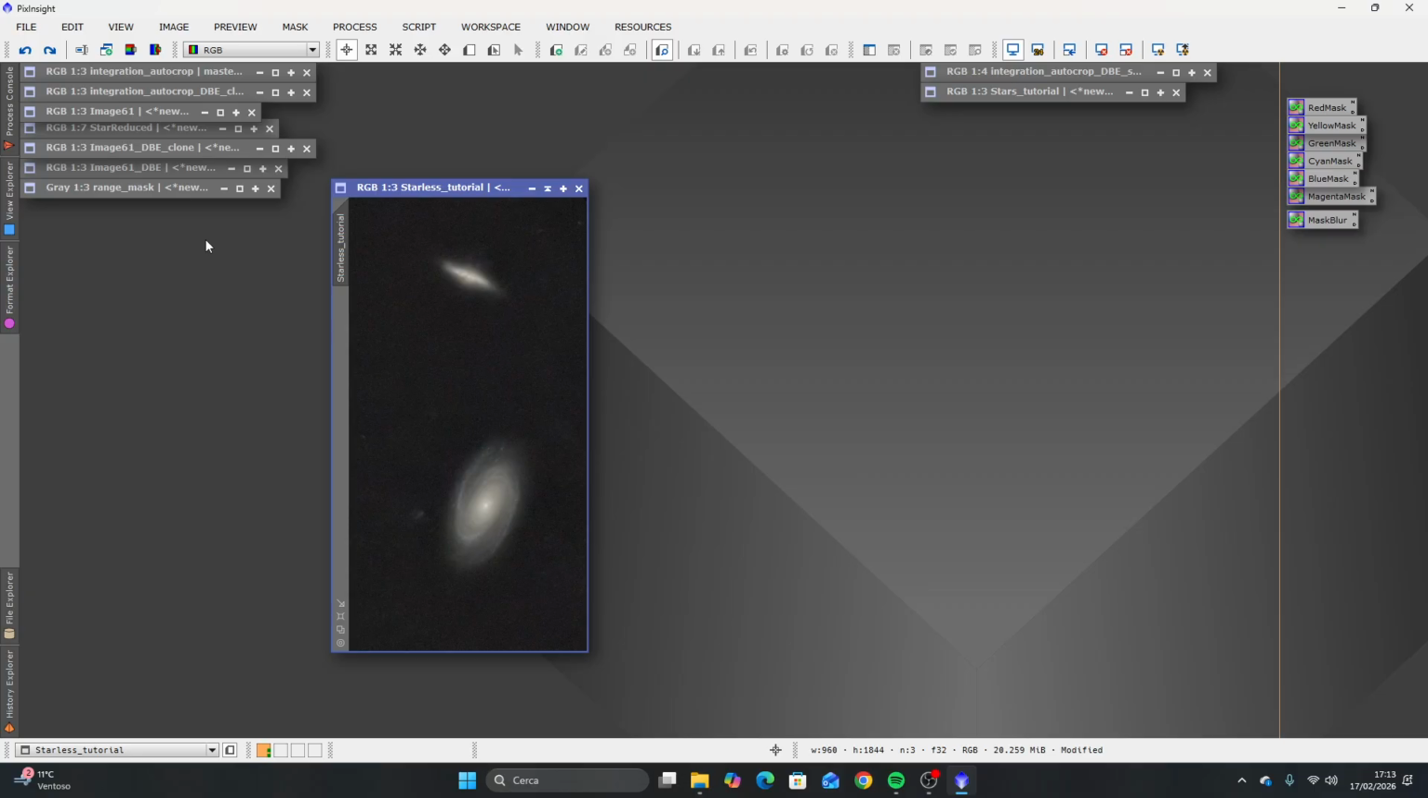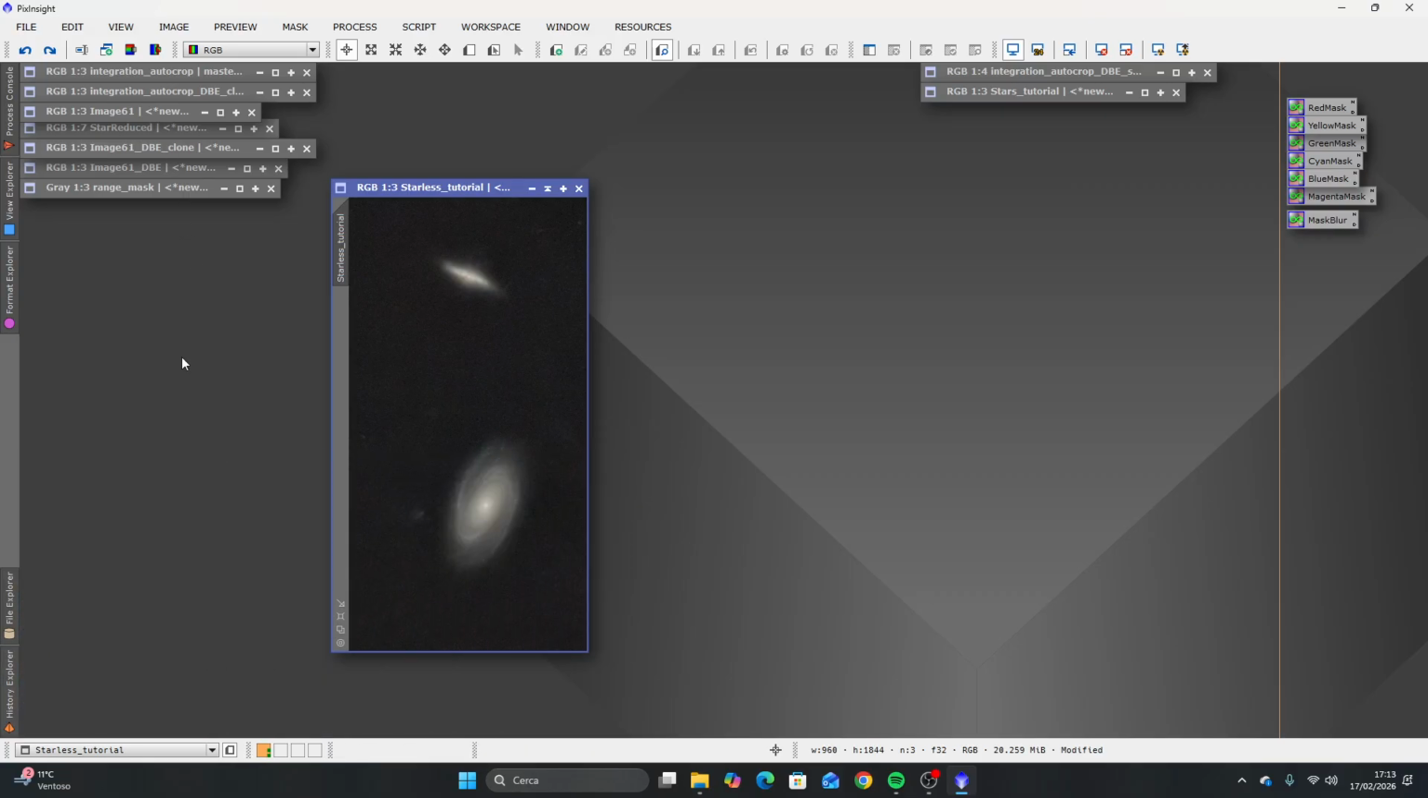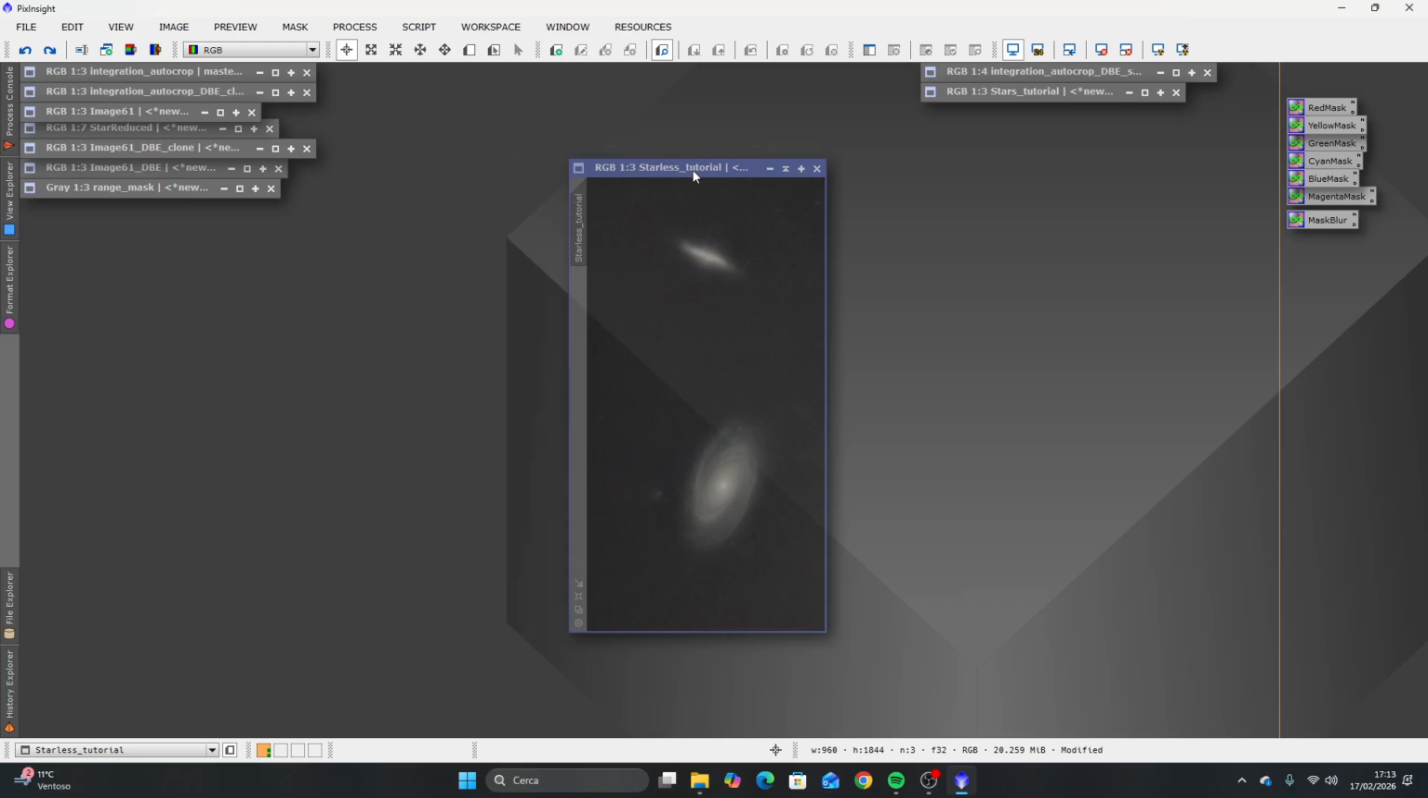Okay, so in order to get a very similar image, because it is impossible to get the same exact image I previously made, I will use the History Explorer to see what I did previously on all of the images and to try to replicate as